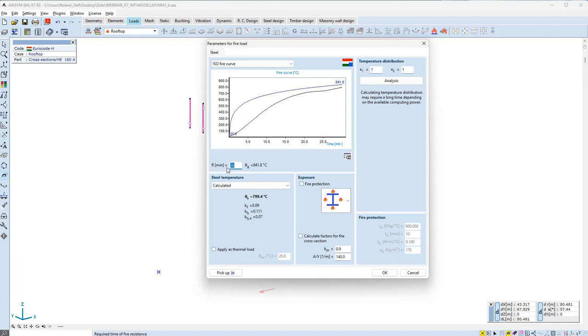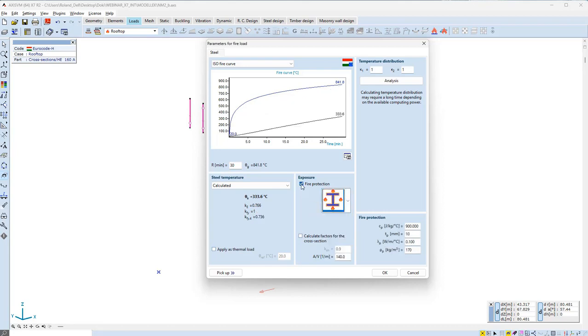Steel temperatures above 550 to 600 degrees Celsius are too high. 90% of problems with high utilization ratio are coming from this issue. The standard conforming steel temperature is calculated automatically and represented with a black curve on the fire curve. We can set the exposition of the member, which influences the value of the shadow correction factor and the section factor.